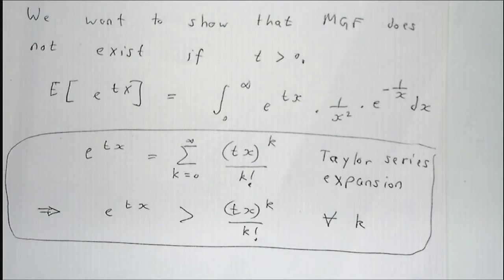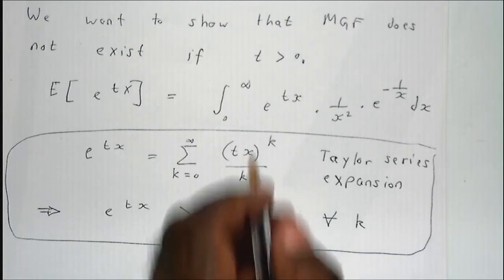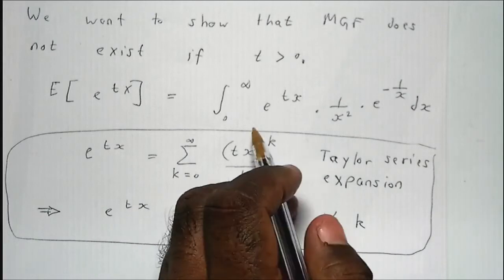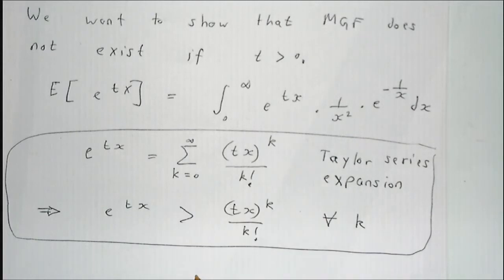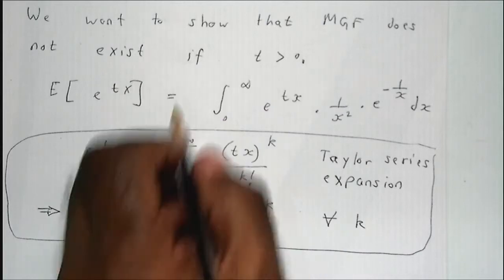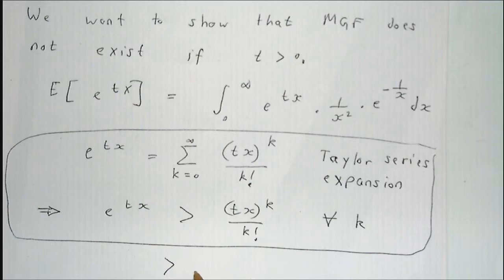But given my experience, I know what value to choose for k so that this integral becomes bounded below by something equal to infinity. So I'm going to choose k to be equal to 1. If I choose k to be 1, then this guy here will be greater than